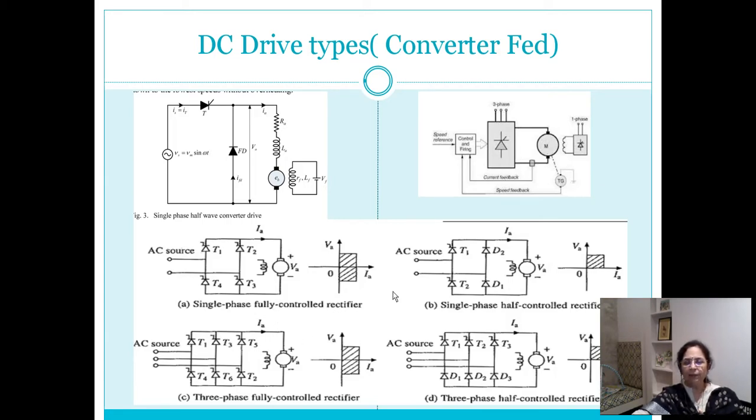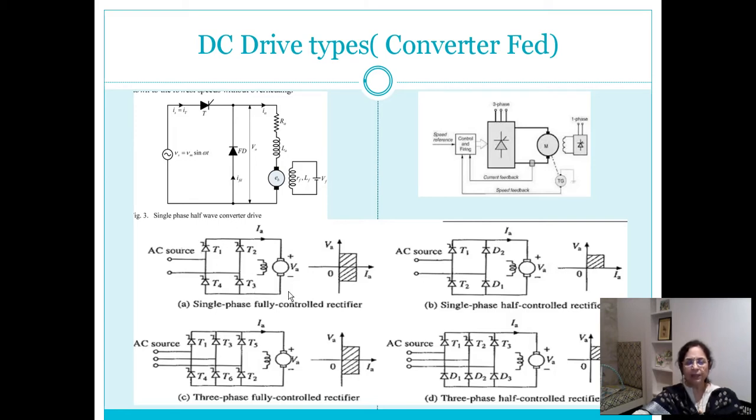Now since we have a number of different configurations, the possibility of motor operation varies based on what type of converter is connected at the input end. When we said they offer flexible characteristics, what do we mean by that? For example, this is a single phase fully controlled rectifier, and through power electronics studies we are aware that this type of converter is capable of operating in first and fourth quadrant. So two quadrant operation is possible from the converter side.